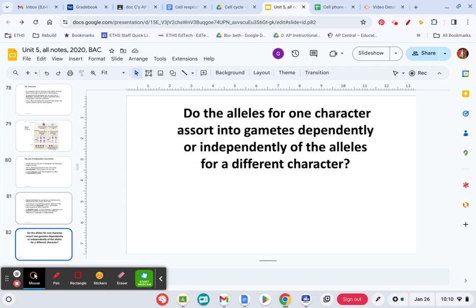The idea is, do alleles for one character, so if I got one trait, does the chromosome for that trait go into a cell, a sperm cell or an egg cell, dependently or independently of alleles for another? In other words, I have two traits. Maybe I have round seeds and I have